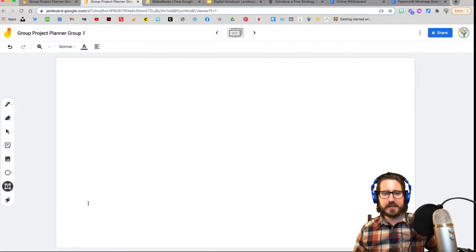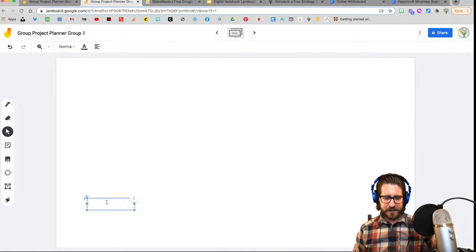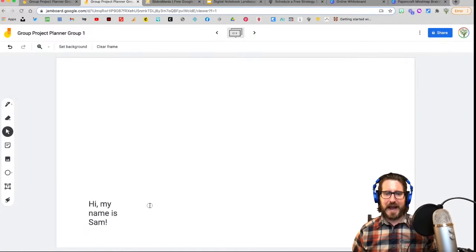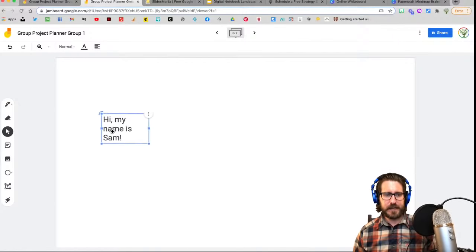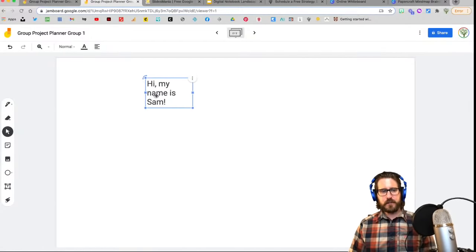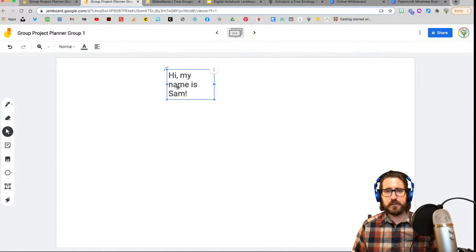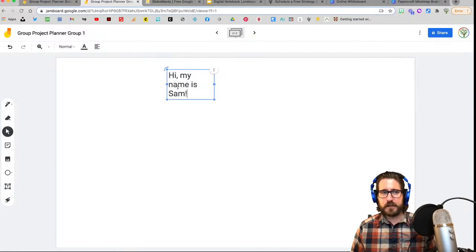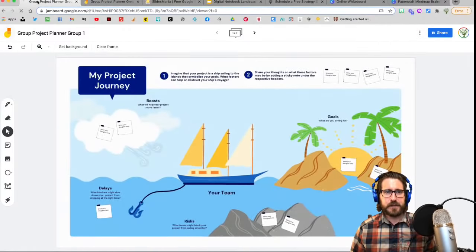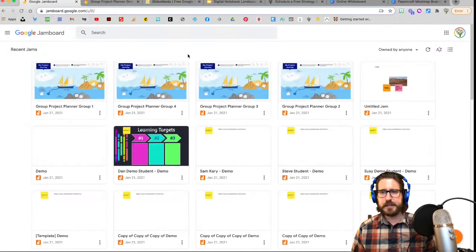But you can't just grab a text box like that and write it and then drag it easily wherever it can go. So this is coded differently so that you can do that in Google Jamboard. Makes it a different type of tool, and I think makes it more conducive to digital interactive notebooks, more usable, user-friendly for students. So I'm going to go back here again to Jamboard, and